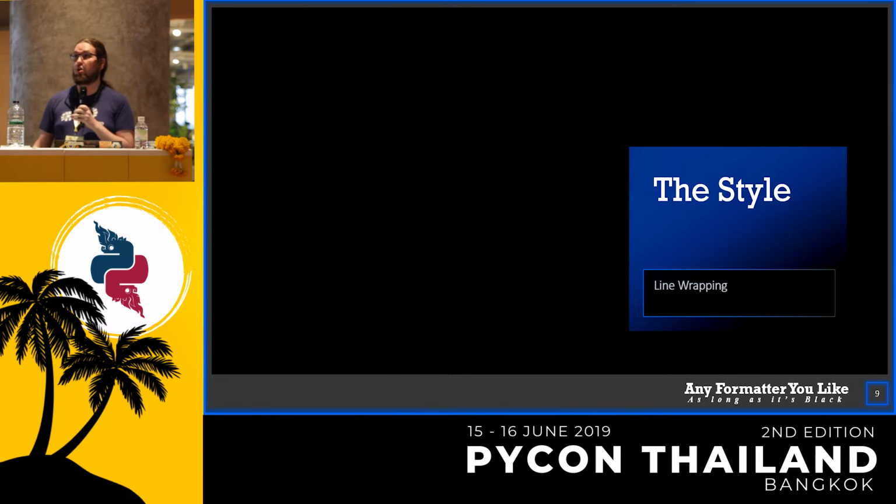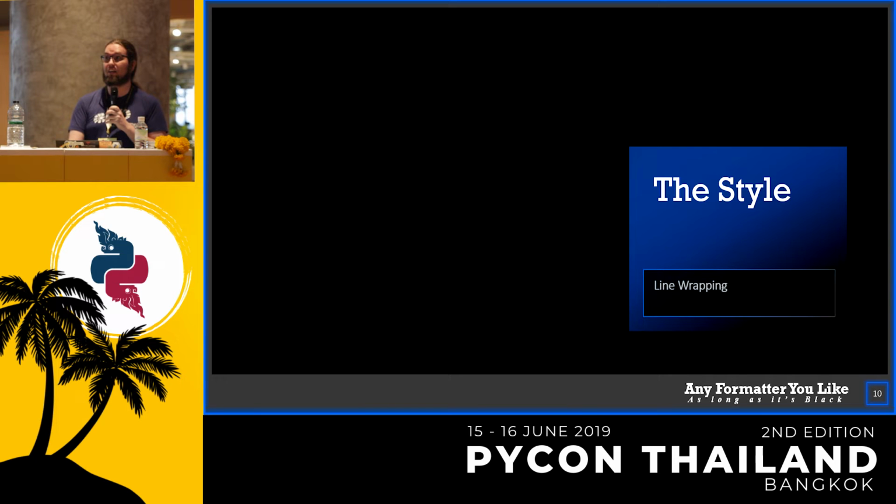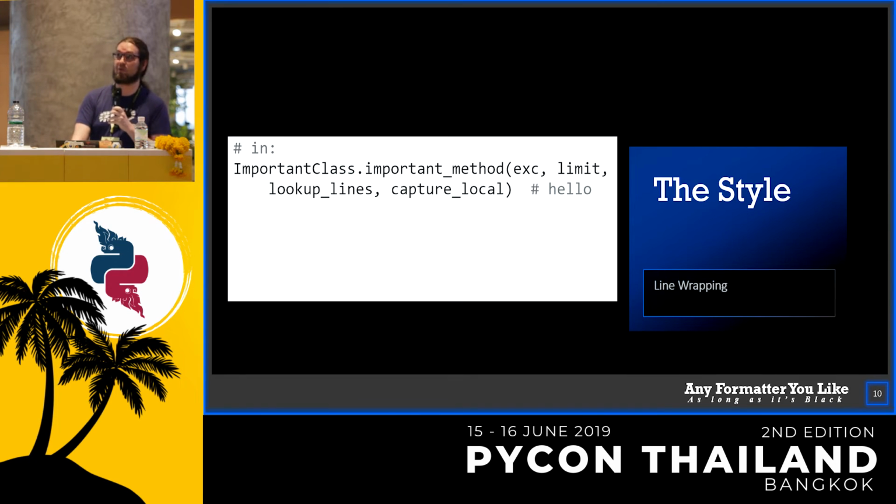Cool. So let's talk about the style. If you think about it, code formatters, the main thing they do is they take long lines and they make them shorter. This is what line wrapping is, basically. Black's approach to line wrapping is simple, as I think Black's approach to everything is mostly simple. So the idea is, if you have this wonderfully long list, and you've broken it up into 4 different lines, but really it does fit into a single line, then Black takes it and fits it in a single line. Simple as that, right? What if you have an expression that does not fit on a line? Let's say this one.